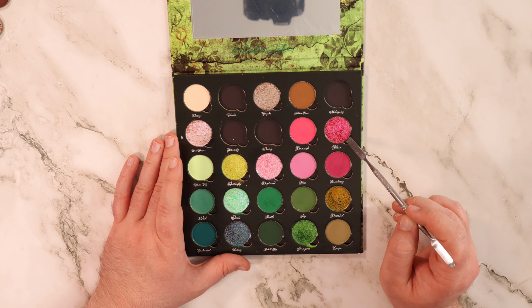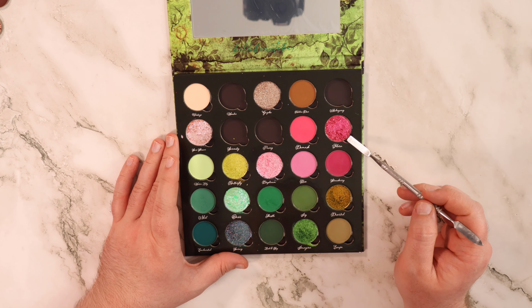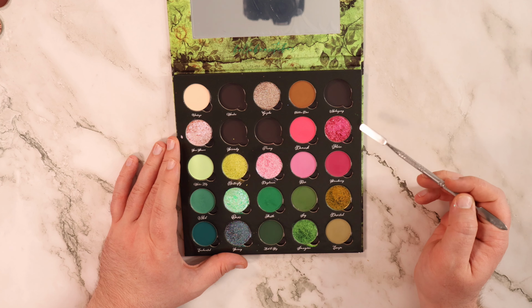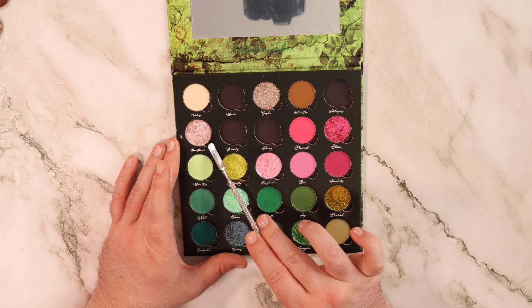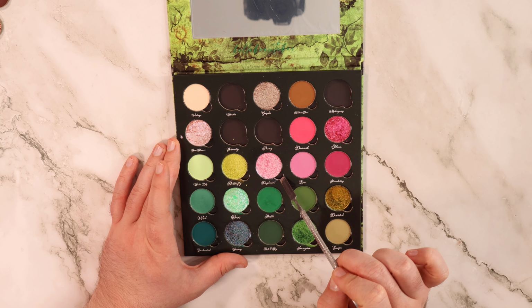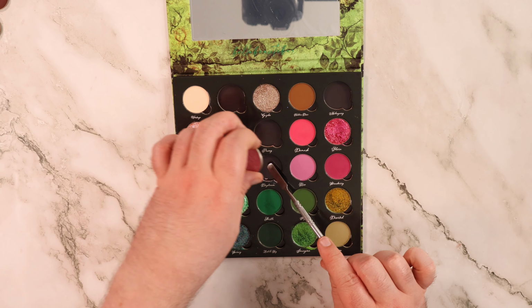And then this shade right here, it's a really cool shade. This kind of hot pink shimmer doesn't really appeal to me. I do love a ballet pink, so this shade right here speaks to me a little bit more, but honestly, I do think that this would be the pink shimmer shade I would keep out of all of them, because